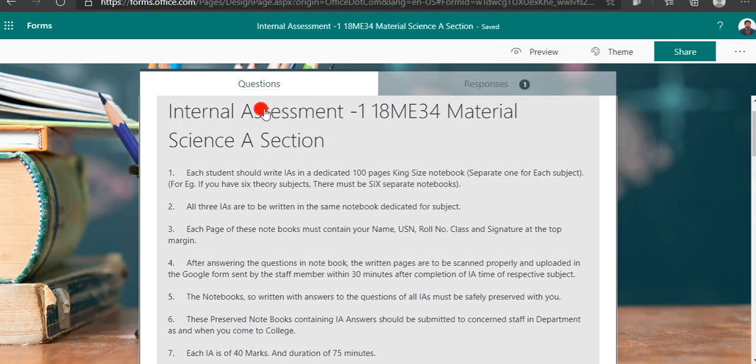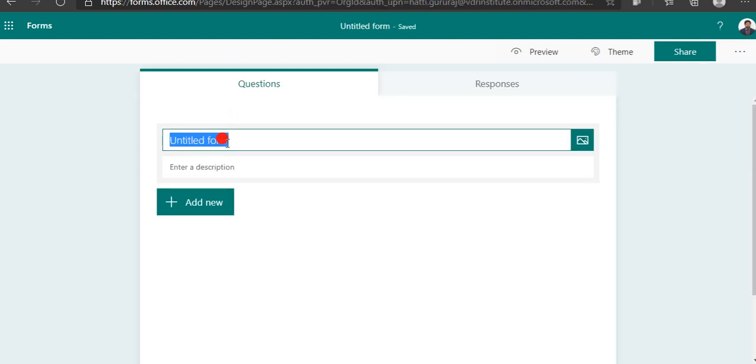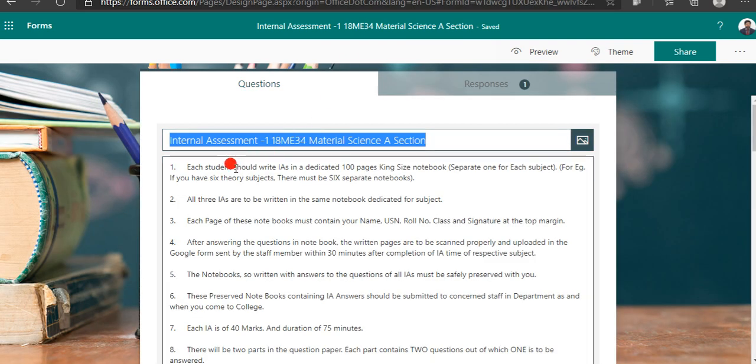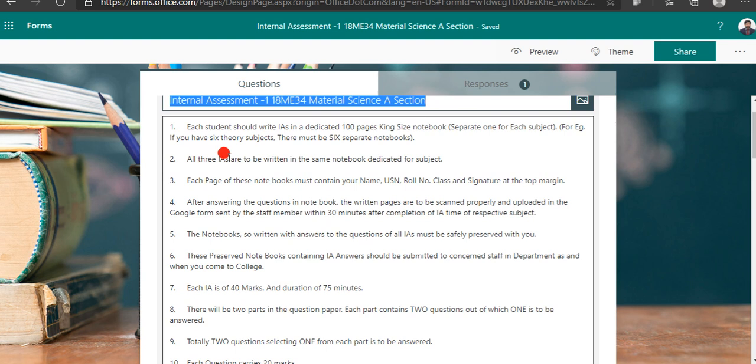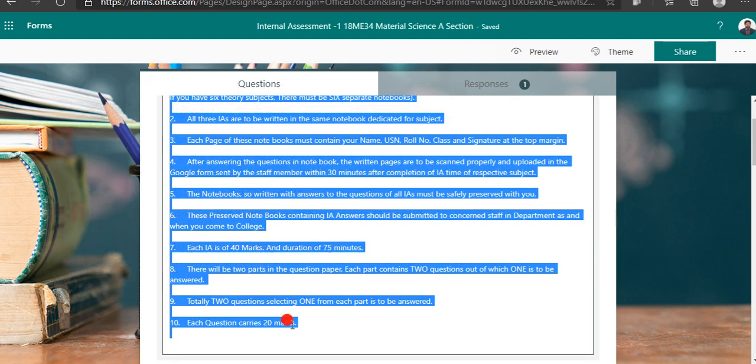Then I will take the title and paste it here: the internal assessment, your subject code, subject name, and the section if you want. You can add your required naming for it, and if you want to add some more things, you can add accordingly.